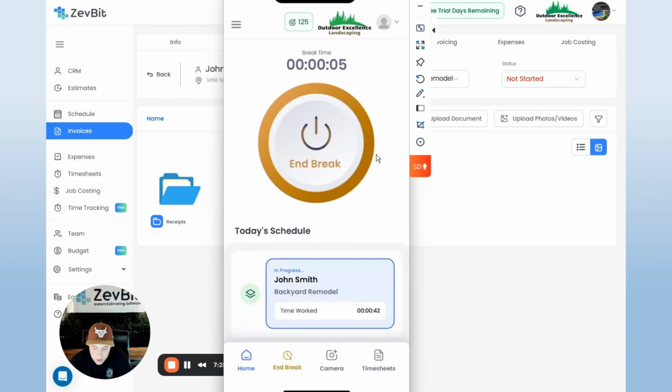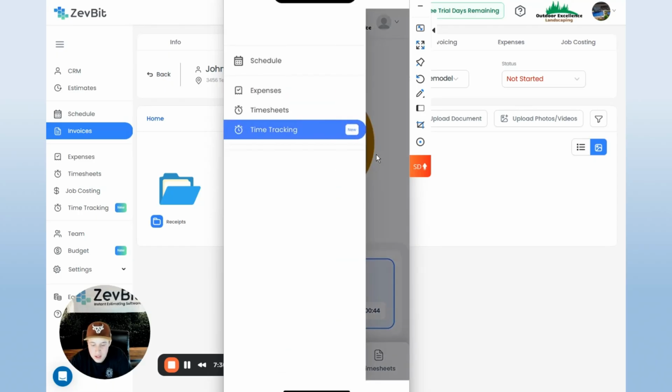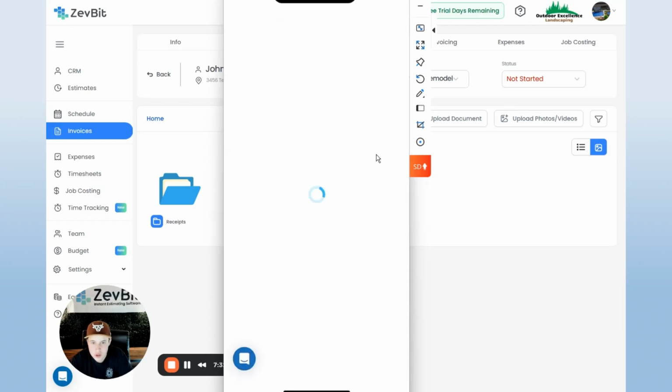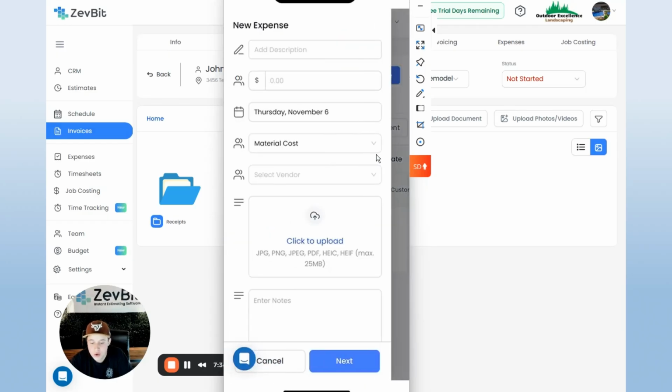Easily upload photos, view their timesheets, and over here we can switch over to expenses, and your employees can record any expenses here. So they can put in that they bought road base, and they can select the vendor of where they bought it and upload a picture of that receipt and save this to that specific job. All right. So that's what that looks like on the mobile app side for clocking in and out and recording